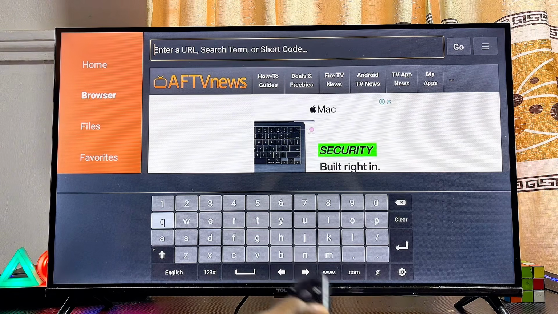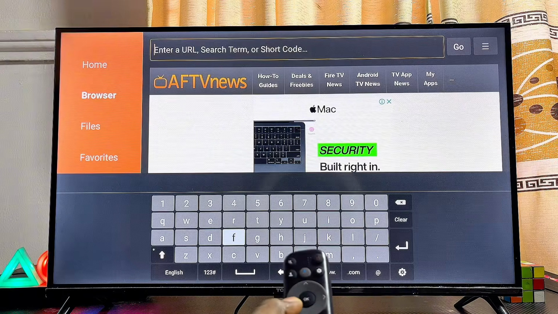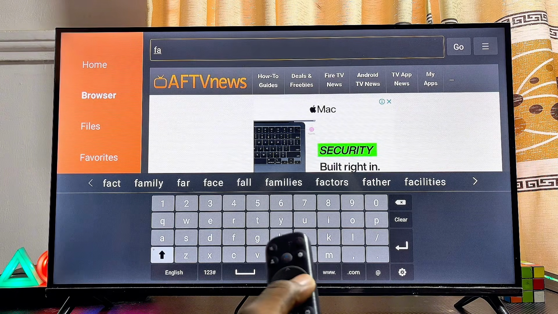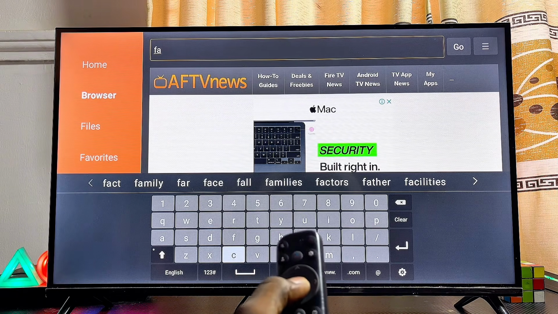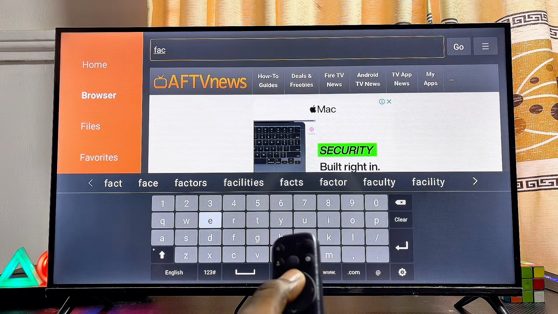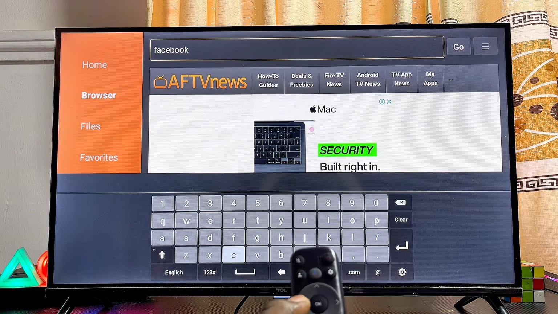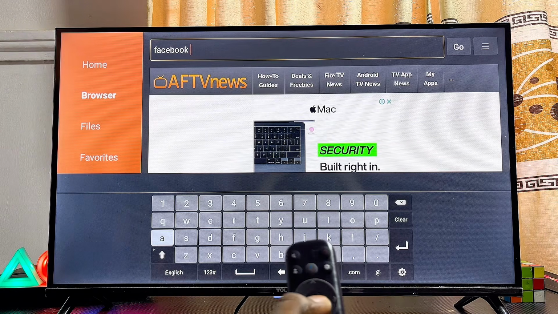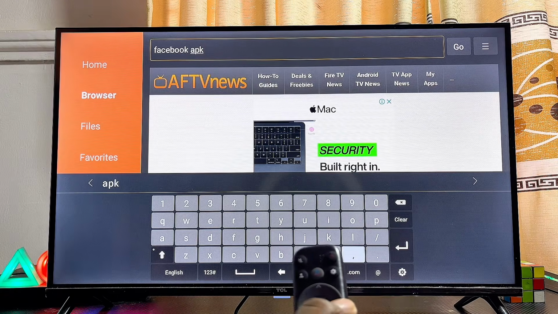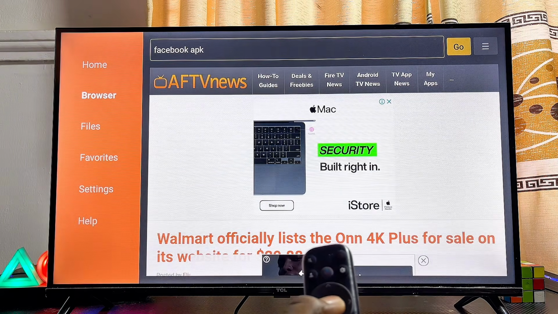Now, let's take, for instance, if I want to download and install the Facebook app into my TCL Smart TV, obviously the Facebook app is not on the Google Play Store. So I'll just go ahead and type Facebook, then APK. So just the app you want, then APK. Once you're done typing, go ahead and click on the enter button over here, and then click on the go